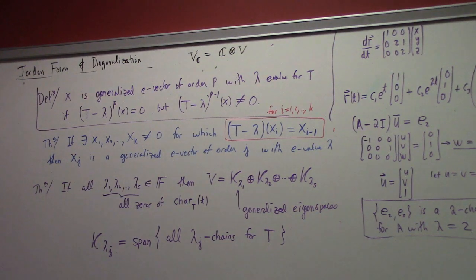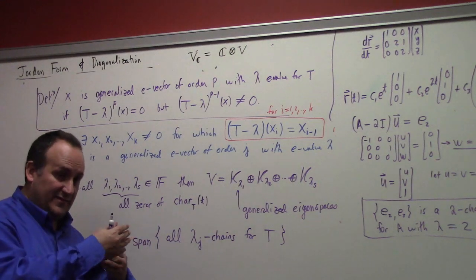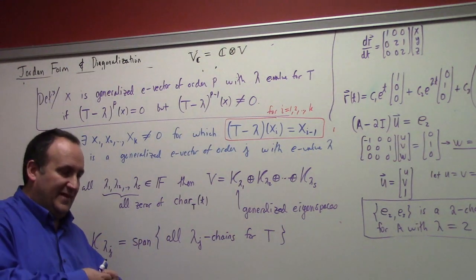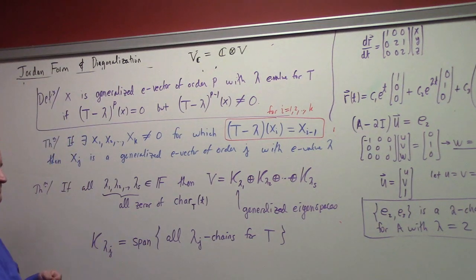That defines the generalized eigenspace for eigenvalue lambda j. There's a better way of defining it in terms of annihilating a power of the transformation minus the eigenvalue. That's exactly the part of the theory which my notes are weak on. But anyway, so